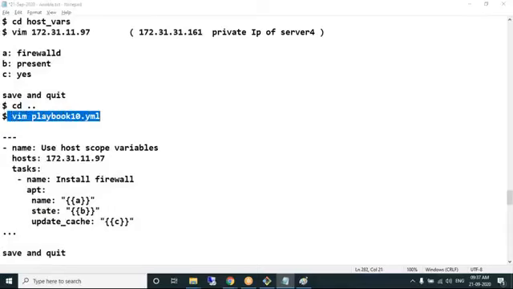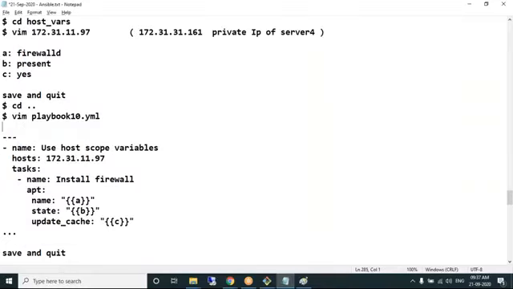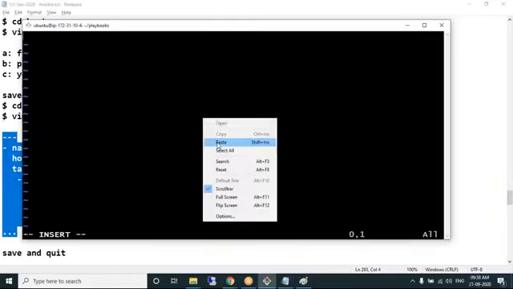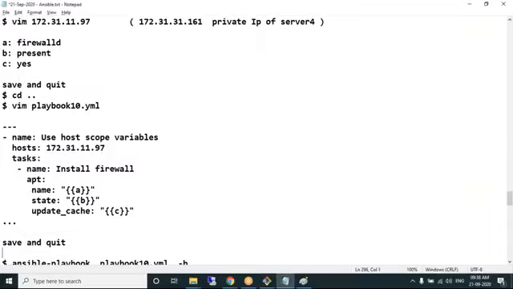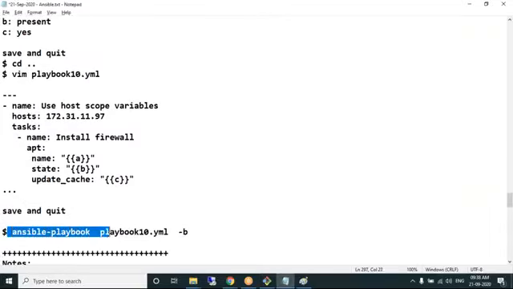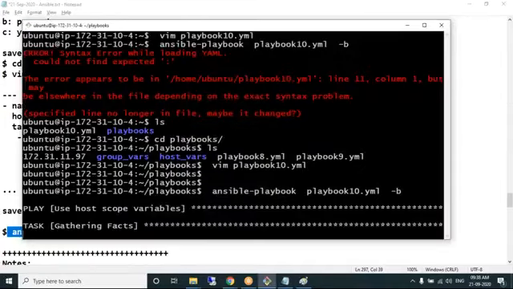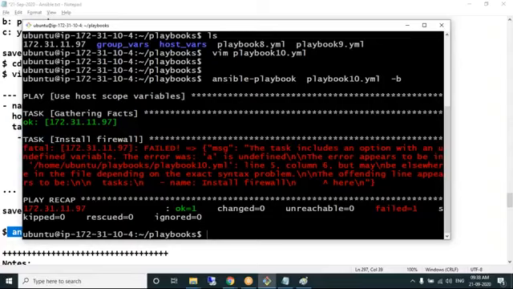We need to create it in the playbooks folder. Runs on only one machine. What was the problem? Task section.